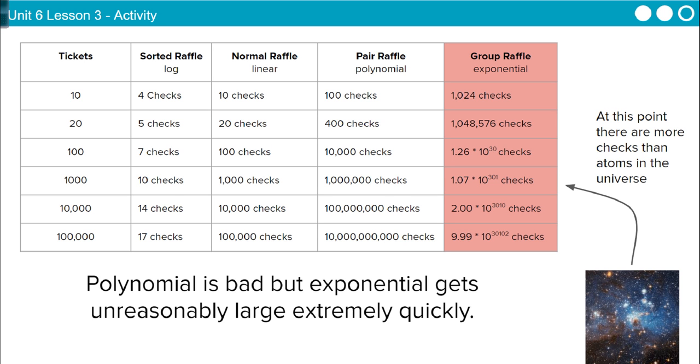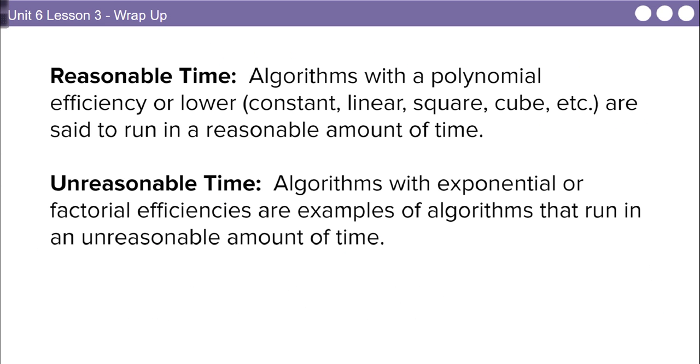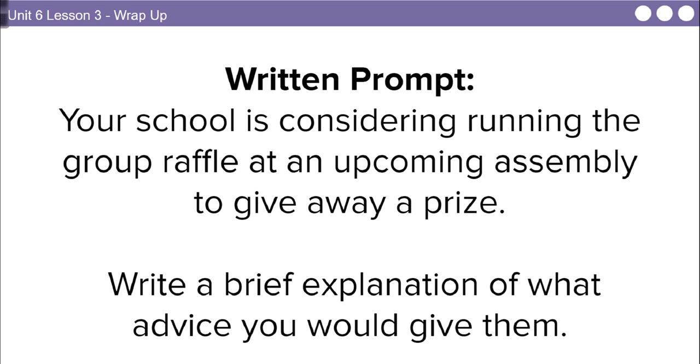I don't care how fast our computers are. It's going to take a long time for them to catch up with something like that. So overall, algorithms with a polynomial efficiency or lower, which are constant, linear, square, cube, are said to run in a reasonable time, but algorithms with exponential or factorial efficiencies are examples of algorithms that do not run in a reasonable amount of time. So, your school is considering running a group raffle at an upcoming assembly to give away a prize. Write a brief explanation of what advice you'd give them, and I hope the advice was, don't do a group raffle, ever, because that would be